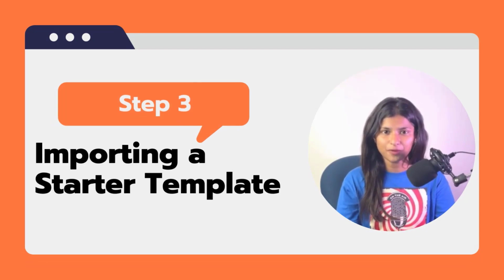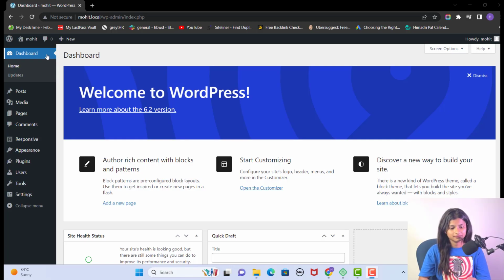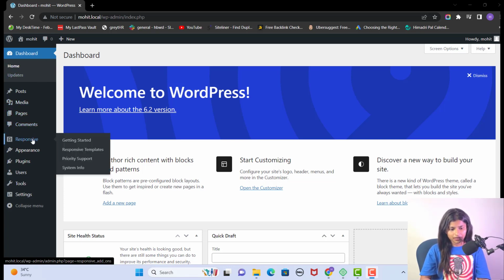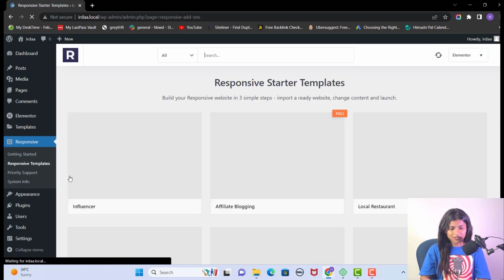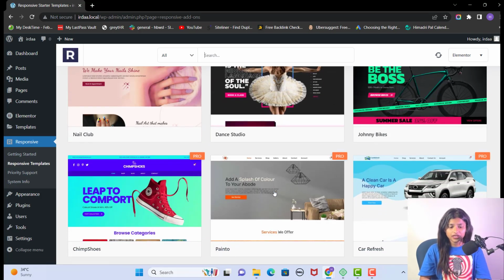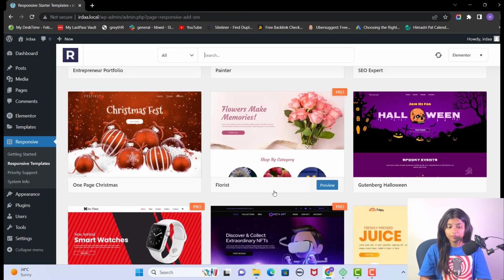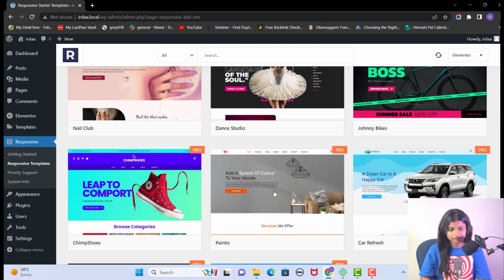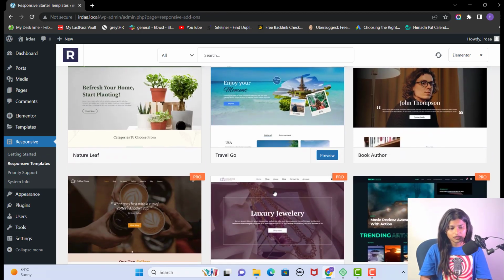Step 3. Importing a starter template. Now that the plugin is installed, let's import a starter template. To import a template, simply go to the Responsive Template section in your WordPress dashboard. Responsive Starter Template has a wide range of pre-designed templates, so take your time and pick one that best fits your needs. Now, go to the search bar and search for affiliate